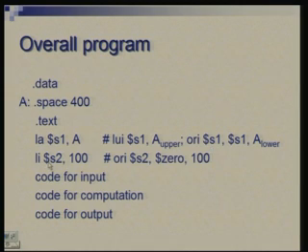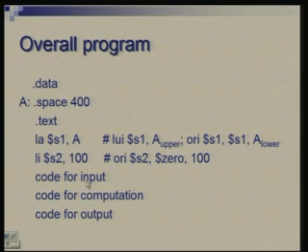The second initialization I wanted was that register S2 contains n. So, I am saying load immediate S2, 100. 100 is a small constant, so a single instruction can load it. You OR 0 and 100 and put it in S2. So, with this preparation I am ready to go.